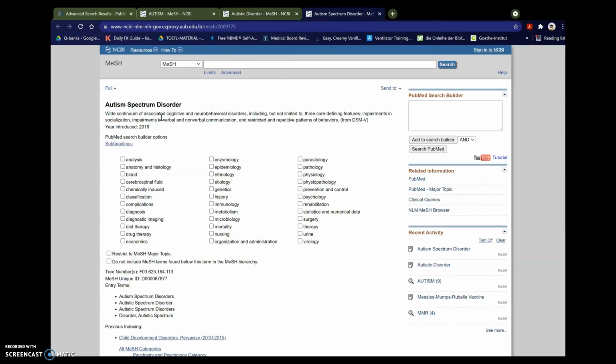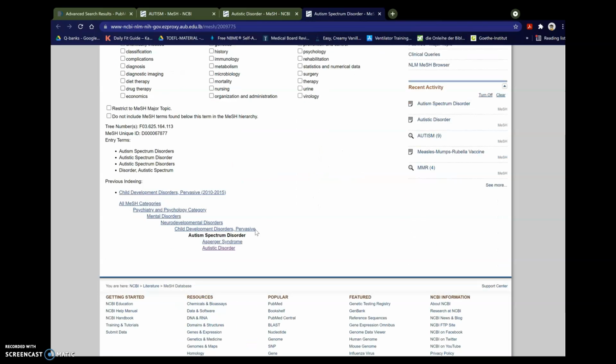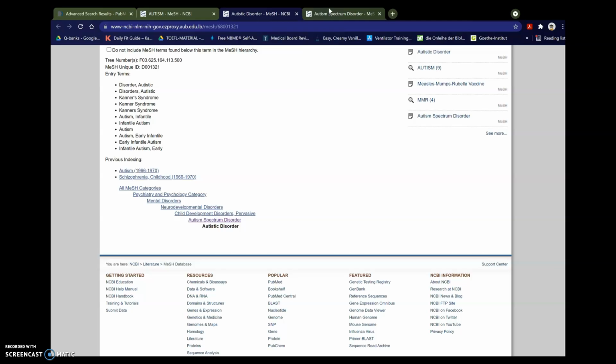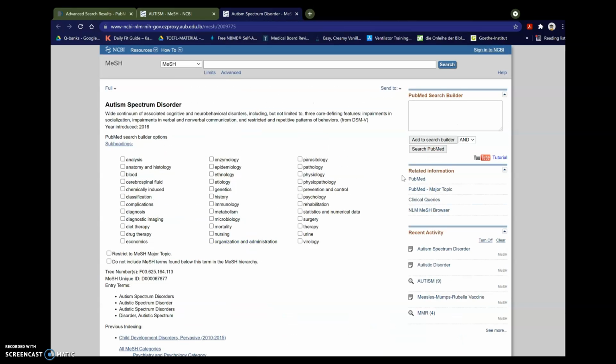And we have autism spectrum disorder. This is the definition. I will not choose any subheading. I will not focus, and I will keep it exploded. And in fact, we do have subject MeSH terms underneath it, which is this MeSH term. So I can either just take this directly or include them both. This will not cause any difference, so I will close the autistic disorder MeSH term because it's included here. I will take this exploded, add to search builder,